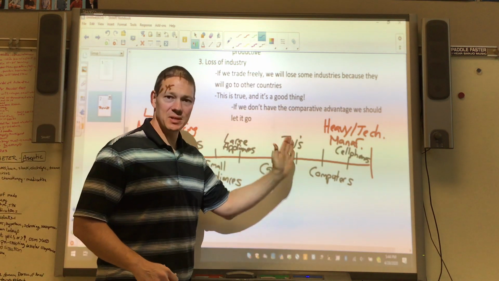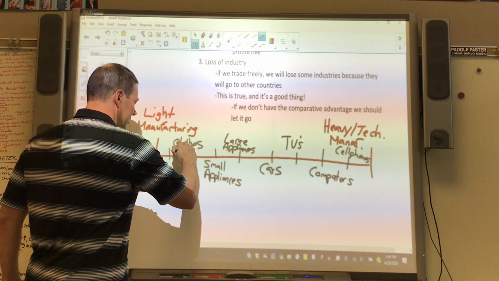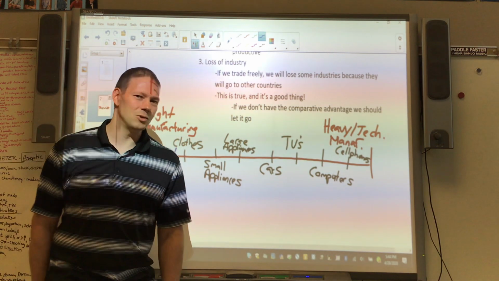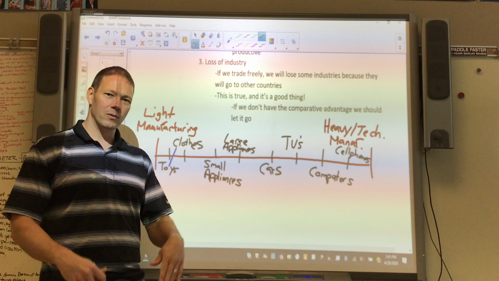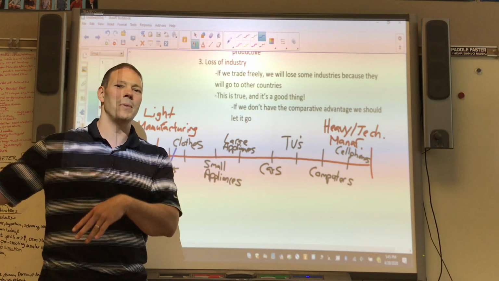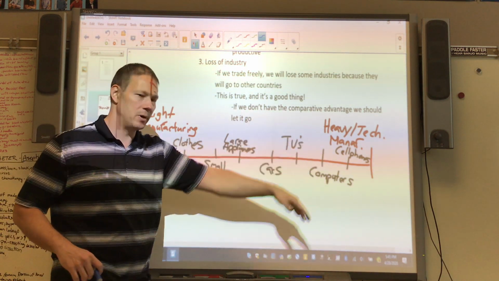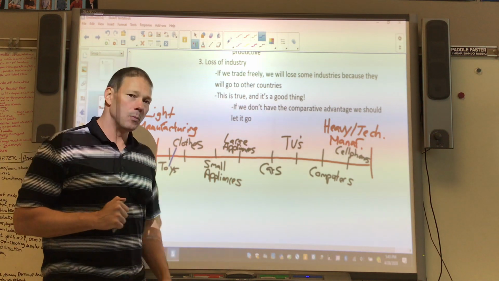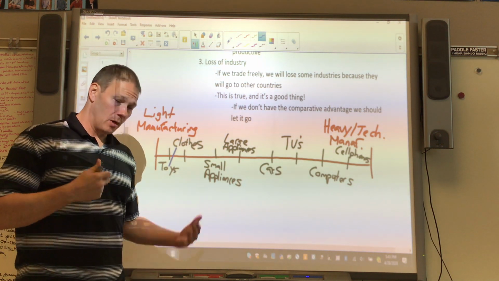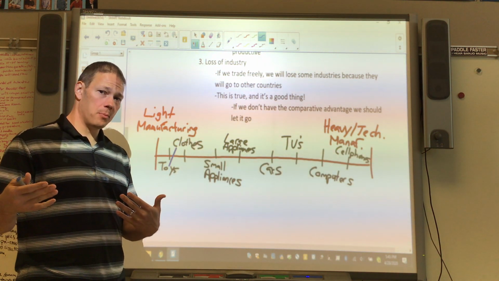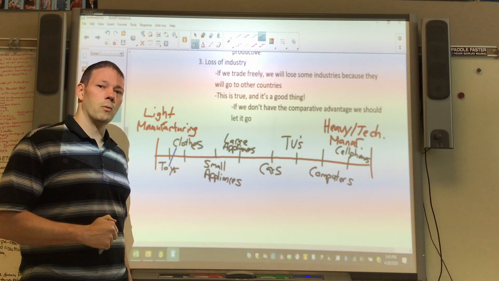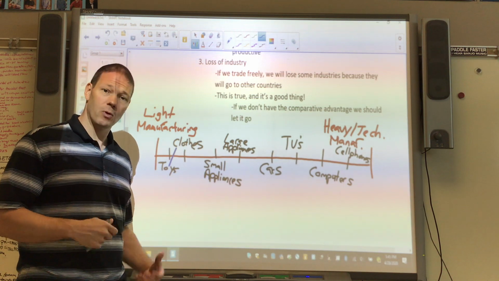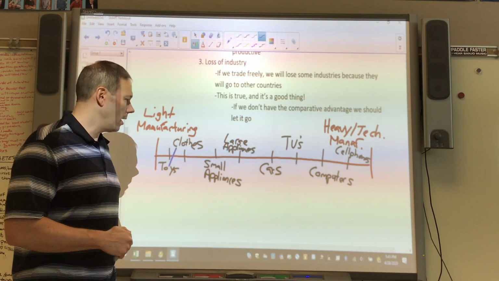So to move up the scale, at some point we have to say, let other countries make the toys. We don't care if they make toys for McDonald's or the little dolls and all that kind of stuff. Just let them make that. We're making cool things. We're coming down here. Now, fun fact, at one point in our nation, a big portion of our country's history, clothes or textiles was the backbone of our economy. It was one of our main exports, one of our main industries.